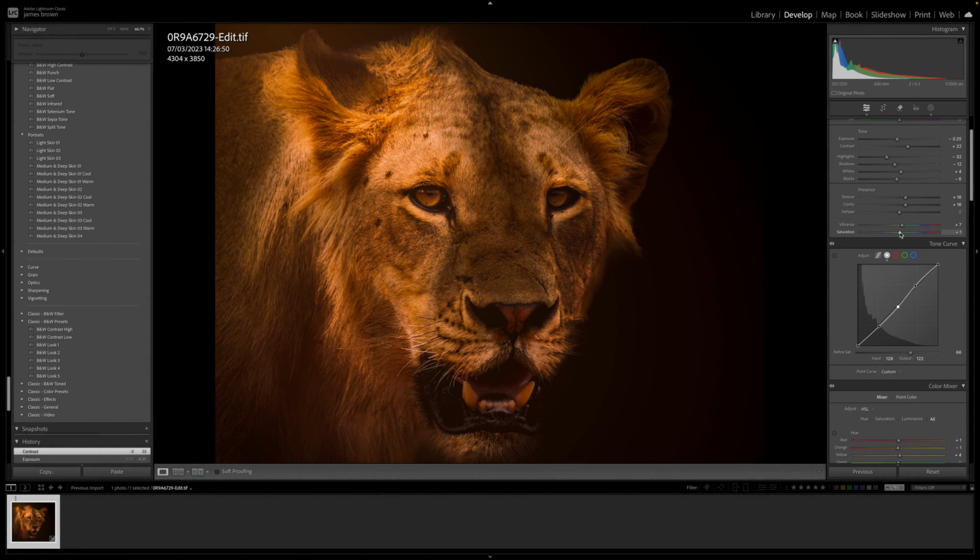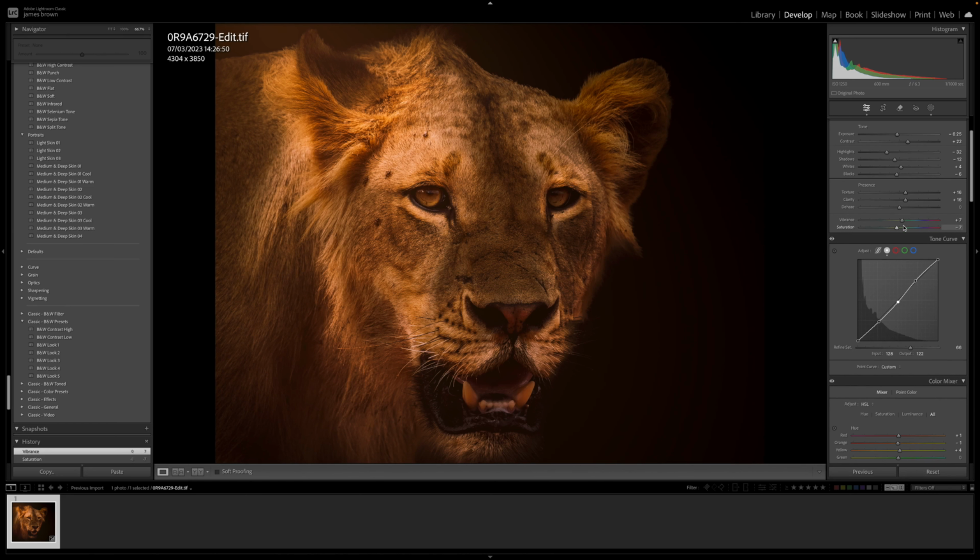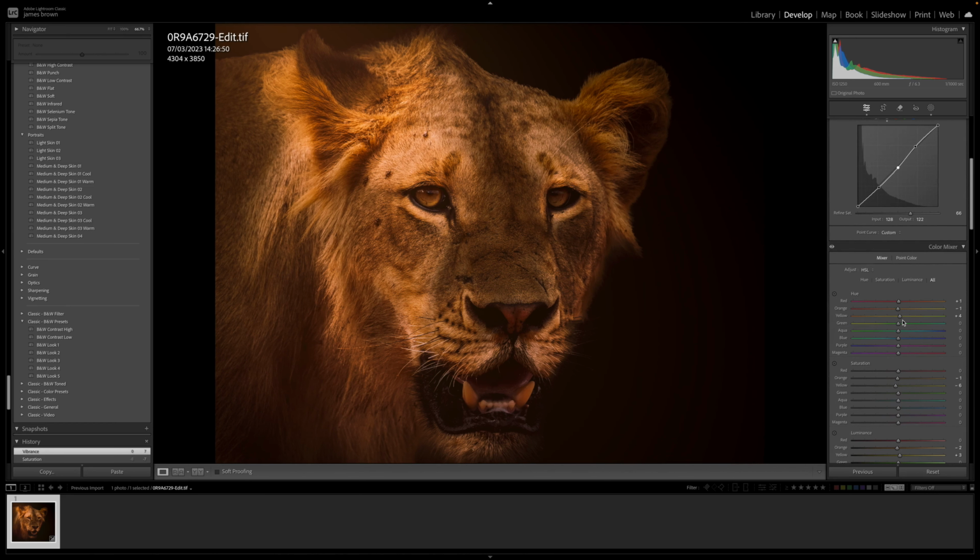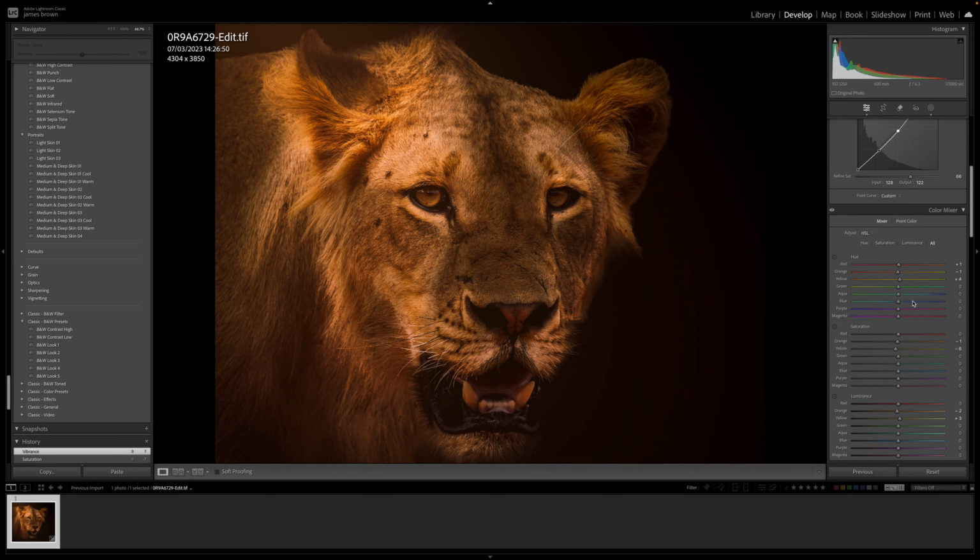And I think the saturation can come down about there. And then I think the yellow, or the orange, could potentially be warmed up a little bit, so we've got a little bit more of an orange look